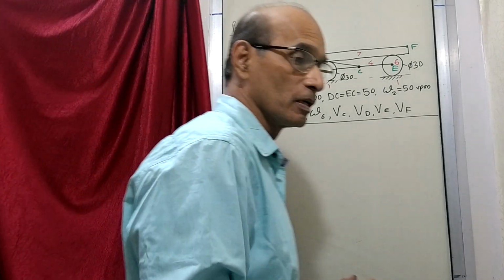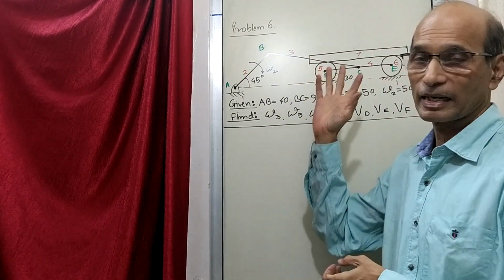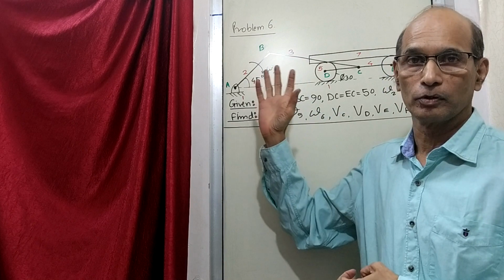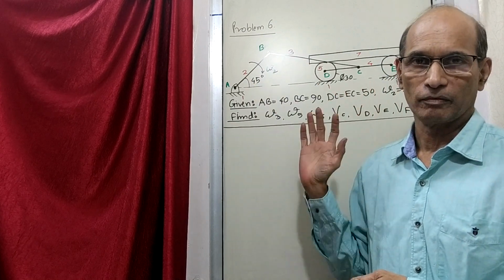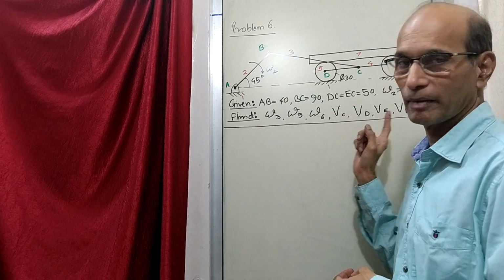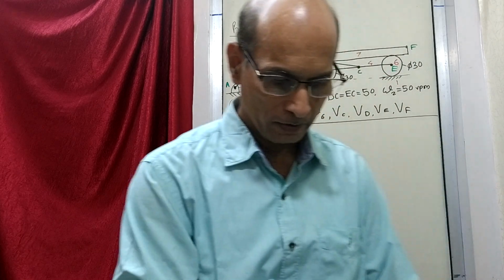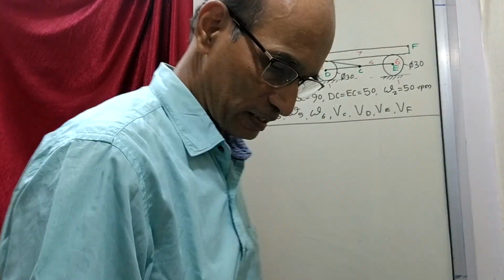So you can see this is the mechanism that is given. So there is a linkage diagram, the data is given so that you will be able to draw this linkage diagram to start with. So once the data is fully there with us, now we are asked to find out these many parameters by making use of the IC method, instantaneous center method. So how do we do it? That is the next thing.